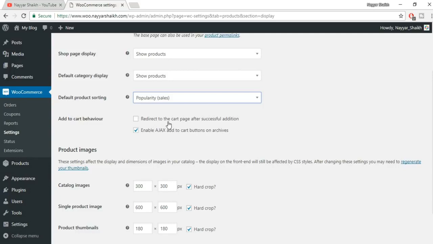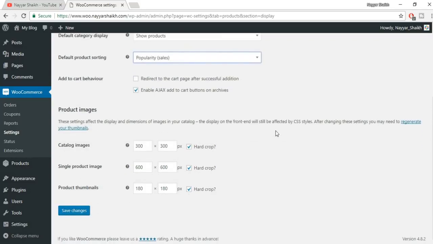Add to cart behavior, redirect to cart page after successful addition. Enable Ajax to cart button on archives. Just leave it like this. You don't have to do any changes over here. But don't tick mark this one, the first one, redirect to the cart page after successful addition. What this means, whenever a user adds a product to his cart, he'll be redirected to the cart page, which